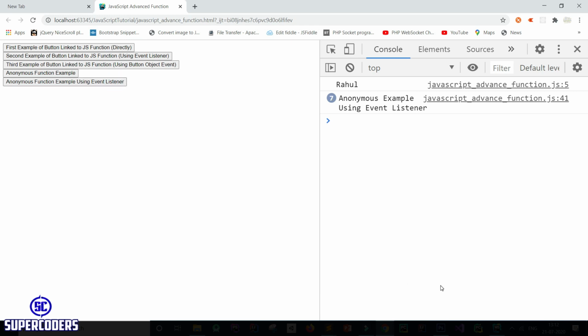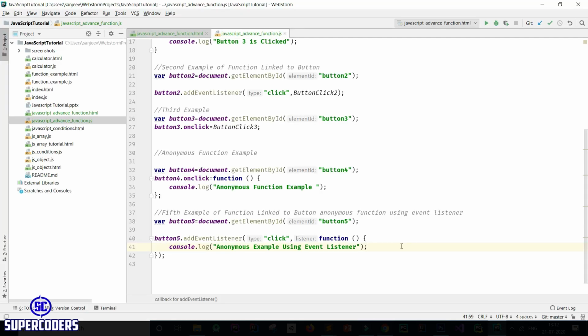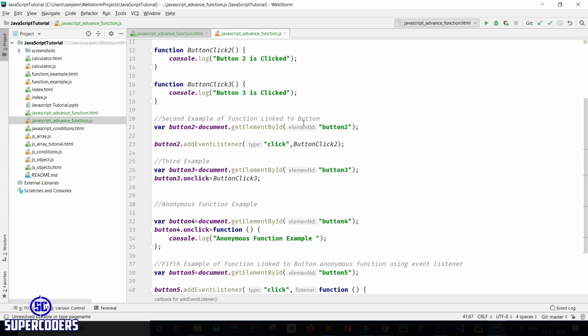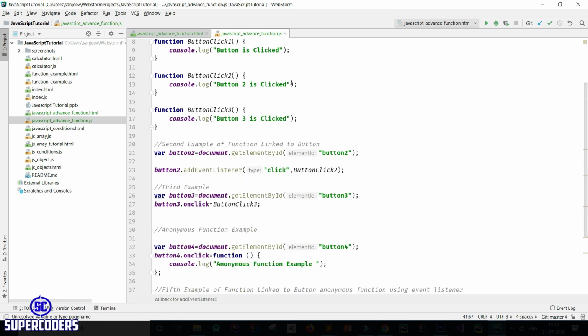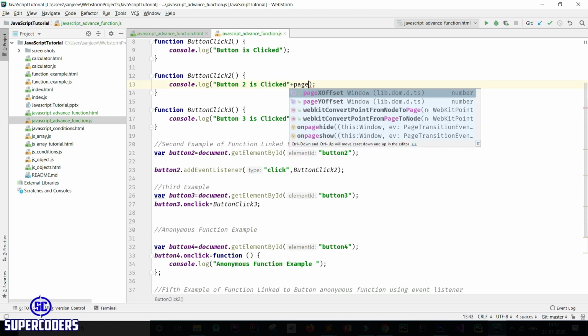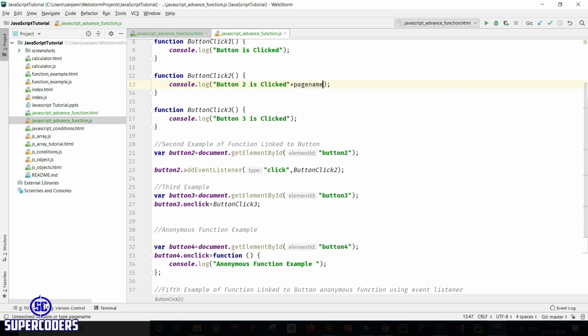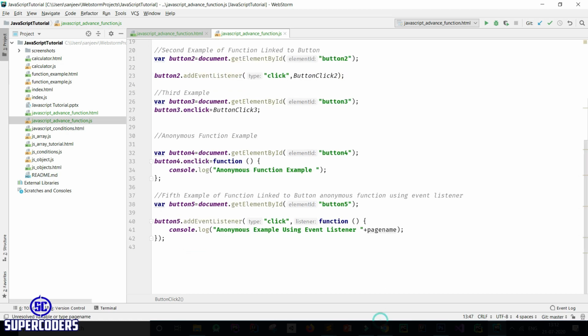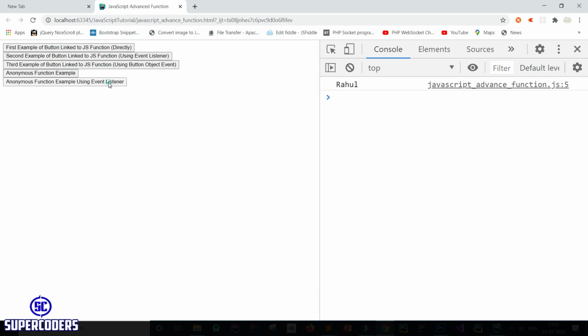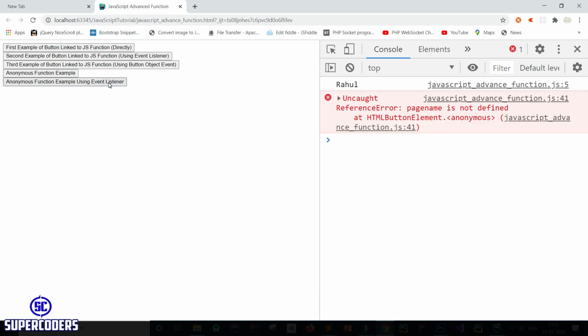Also, let's see one more example. If I print the value of the function name, and here printing the value of the function name. Let's run. Here you can see it shows anonymous function, so it is difficult to find the source when it comes to errors.